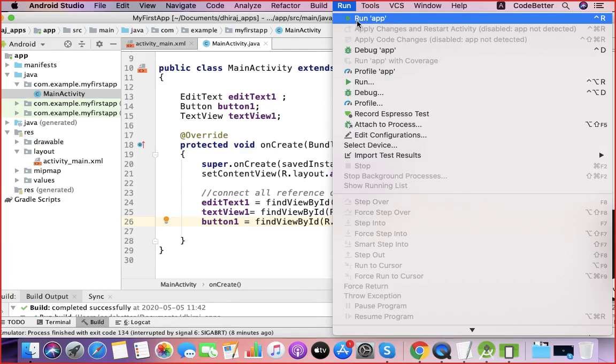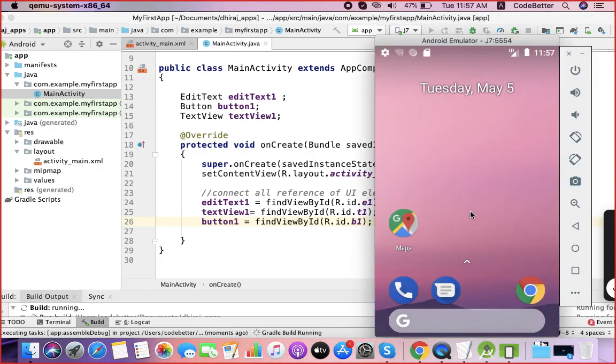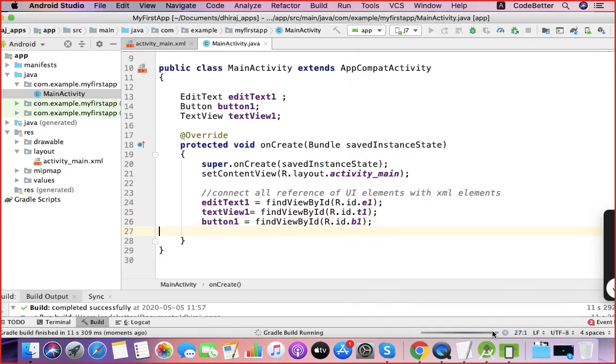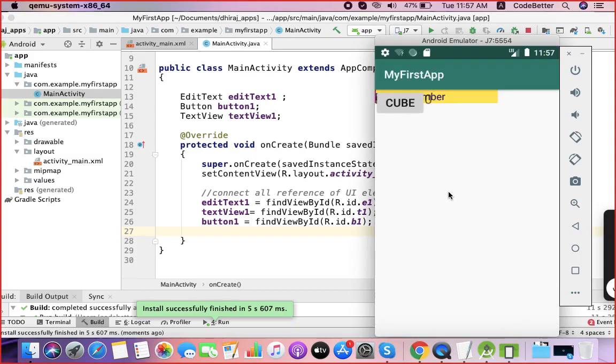Yeah, run app you can select. If you select run app, it tries to build again, and after building it sends it to the device. It is building this application. So installation is under progress, and it will reach this device here, and you can see the screen.